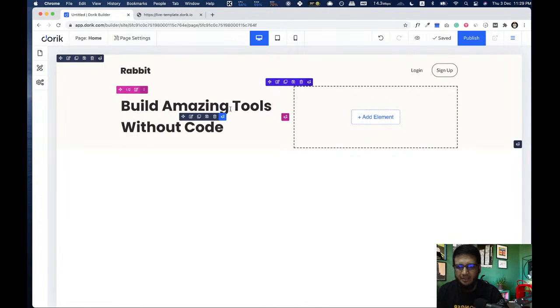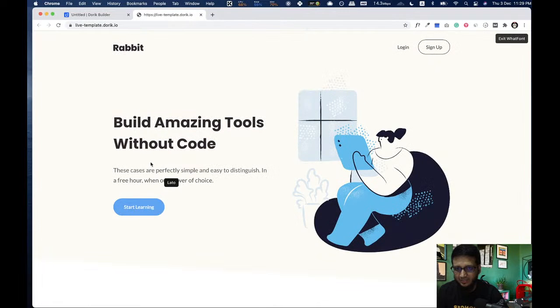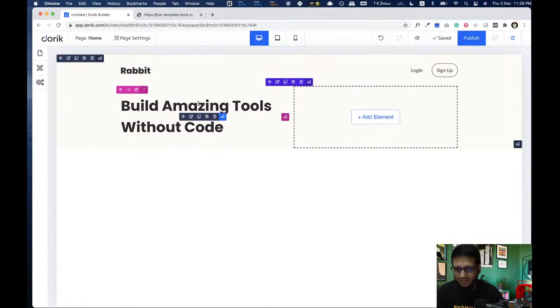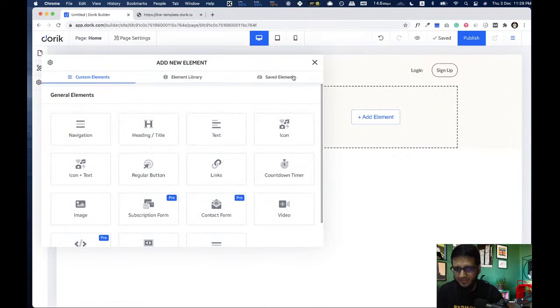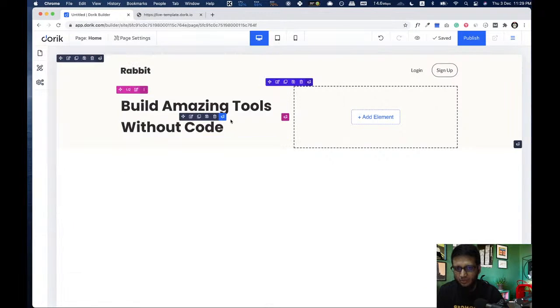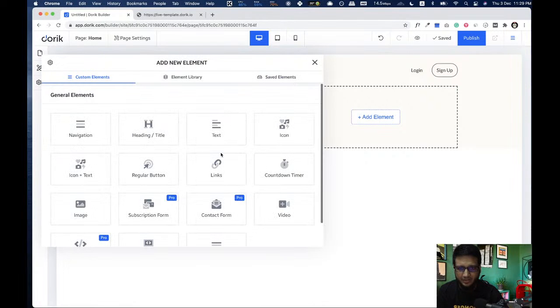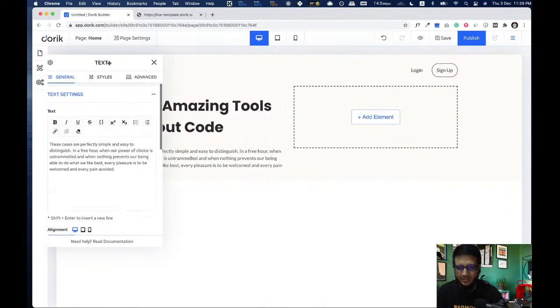Now I have this already here. I'm going to add this text right now, and click here. It's one small blue plus button. When there is nothing inside a column, you'll see a big button, but if there is already an element, hover on the element and you can see this blue button, and click here and click on the text.